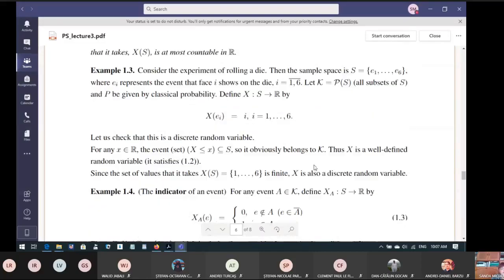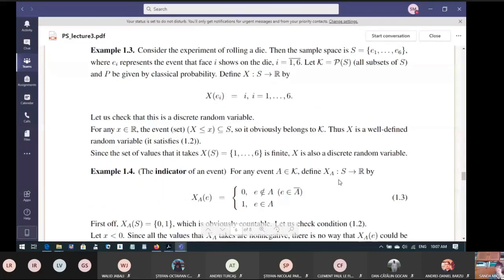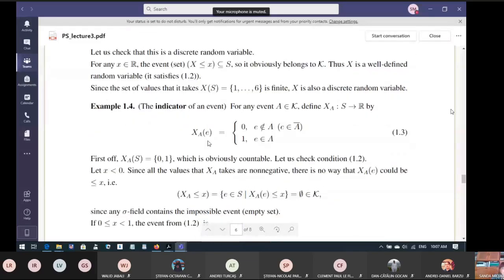A simple random variable takes 6 values, all of them equally probable. The indicator of an event, which indicates whether some elementary event of S belongs or not to an event, does so by taking the value 1 or 0. And I want to revisit this a little bit because we're going to use it in what we're going to do next. So in this example, we simply wanted to check that this condition is satisfied for all the values